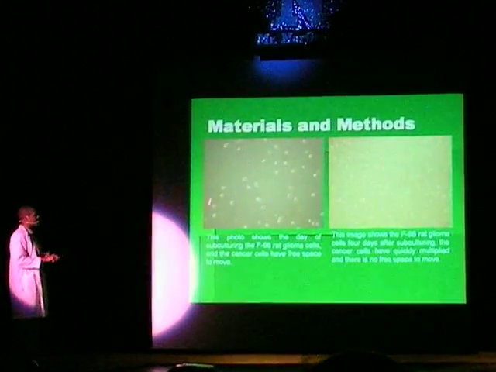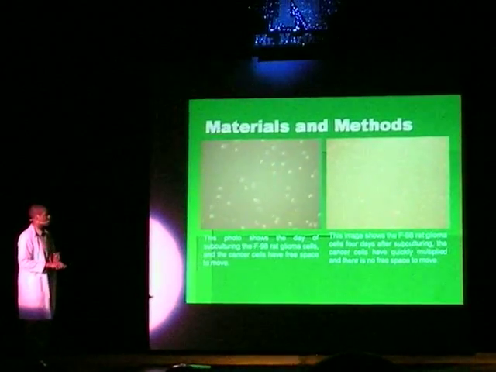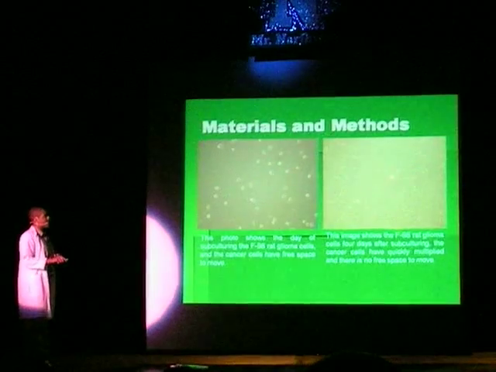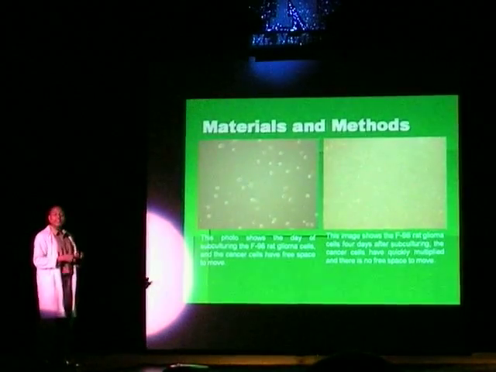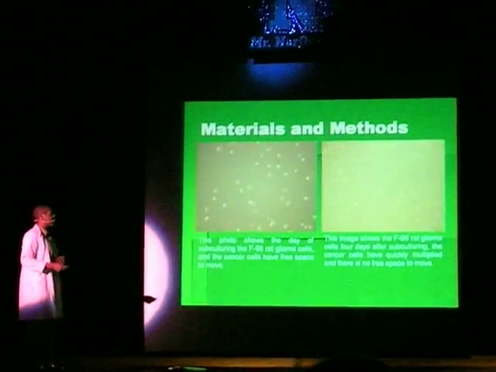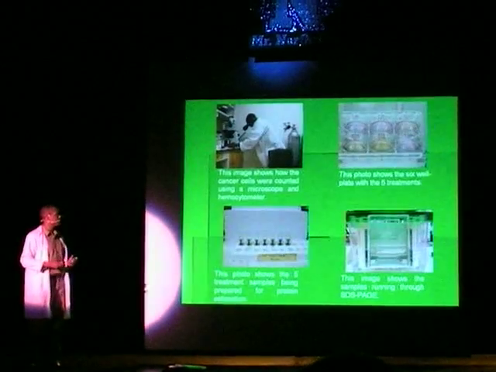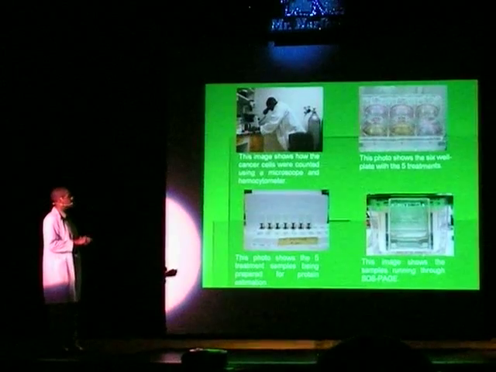Here you see are the actual F98 rat glioma brain tumor cells. This is day 1, this is day 4. In day 4, you see there is no space, and basically this shows you again that they are cancer cells. Cancer cells have no contact inhibition, meaning that even when they touch, unlike normal cells, they continue to grow and multiply. I then carried out other processes such as counting the cells with a hemocytometer and treating the cells